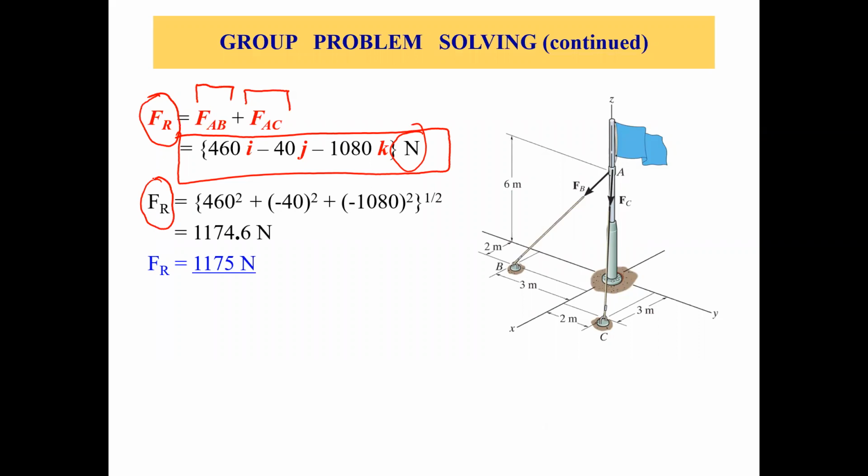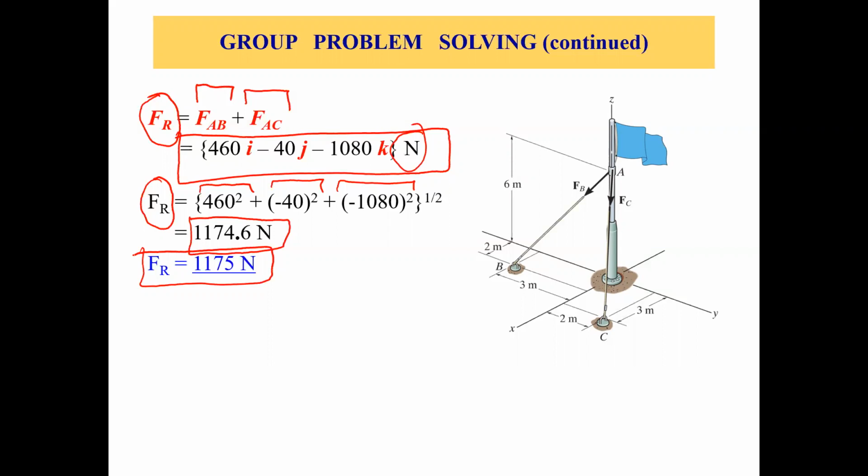Okay, so we know how to find the magnitude. We do x squared plus y squared plus z squared, right? So we'll do 460 squared plus negative 40 squared plus negative 1080 squared, whole square root. So we'll get 1174.6 newtons, or we can say 1175 newtons. So this 1175 newtons is the resultant force, or you can say the magnitude of resultant force Fr,